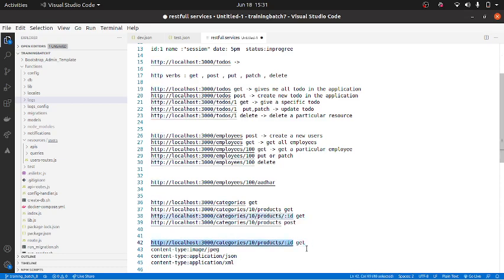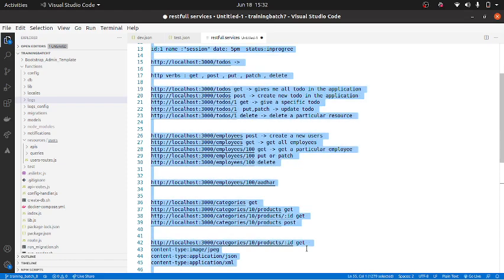Okay, so I'll not get into more details of RESTful services. You can read more about it, but I just wanted to give you an orientation of what exactly RESTful services are. So is it clear till now? Cool. I'll just remove this.